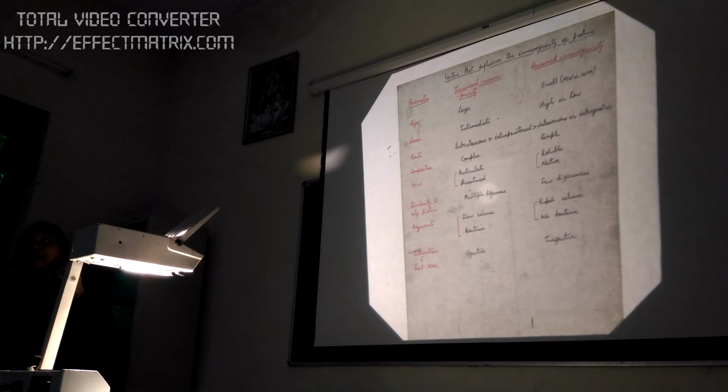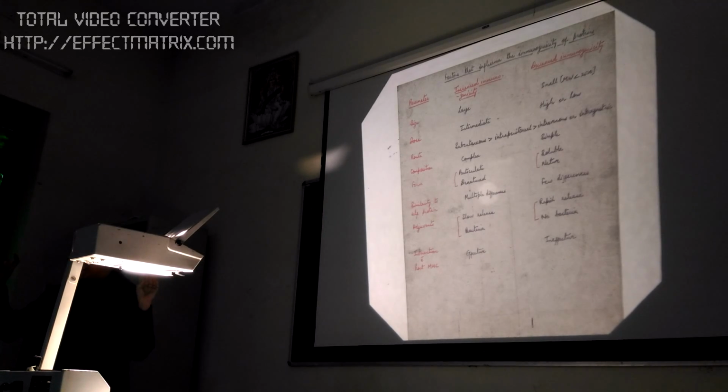So a large size of antigen can increase its antigenicity. If it is small, then